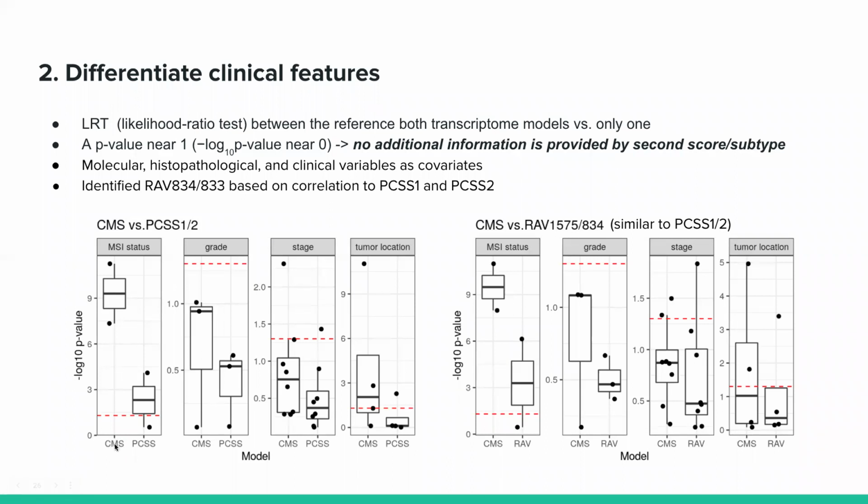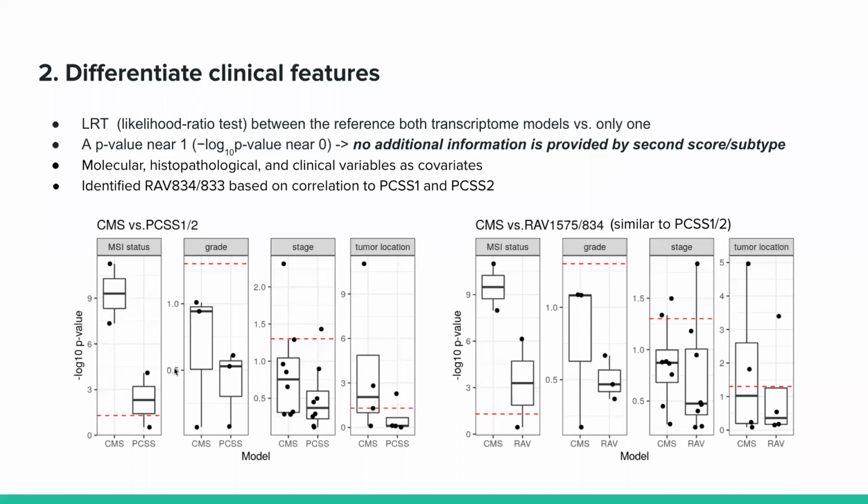These were the discrete ones, and compare that to the likelihood ratio test, where we use both the CMS and these previously proposed continuous scores to predict MSI status. And a small p-value here essentially means that the full model, adding the subtype scores, is a much better representation, has a very large increase in likelihood of the model compared to using the consensus molecular subtypes